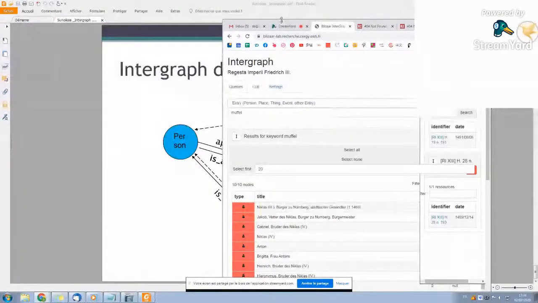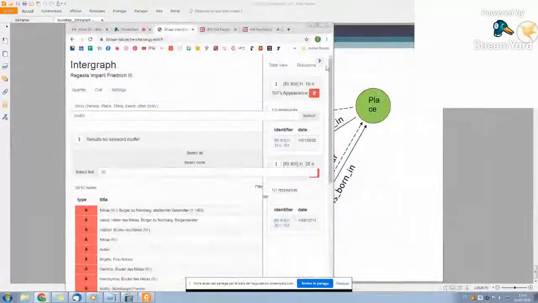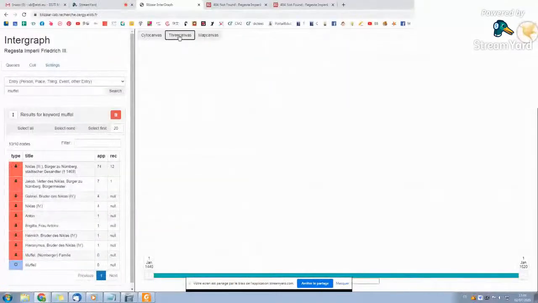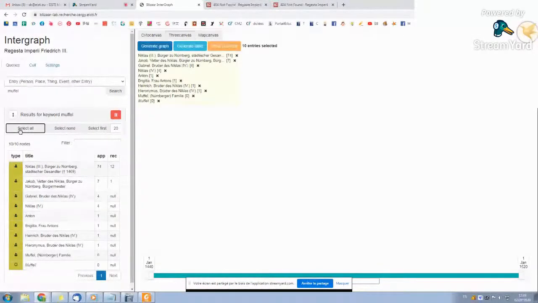Okay, so let me talk about the 3 canvas. It is called 3 canvas because the technology of the graph rendering is 3.js. This is why we called it 3 canvas. So the 3 canvas is the co-appearance canvas. If I select all modules of my database and I generate a graph,